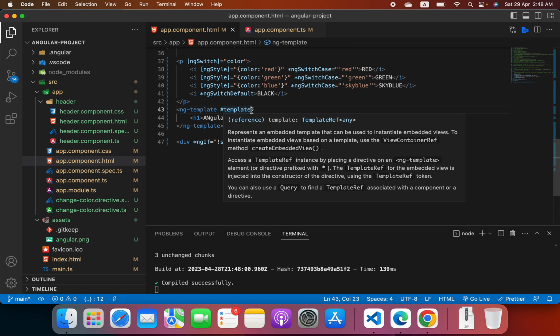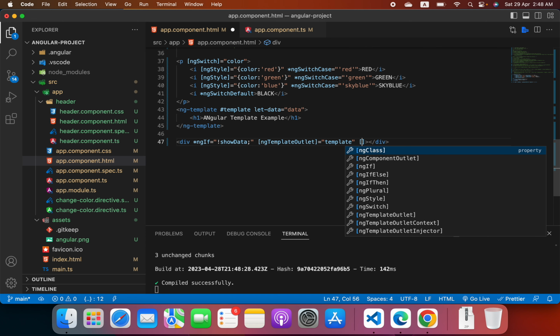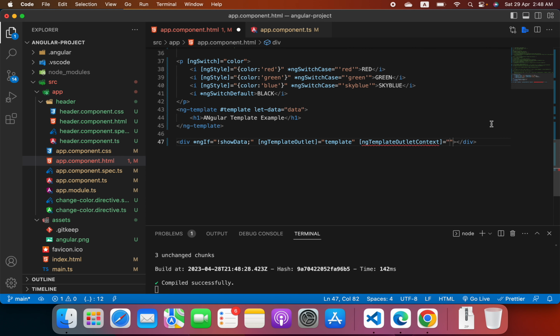Now we can also create the reference variables, or the variables inside our ng-template, and can also set the data of those variables using the div tag or any other tag. Here we will say let-data equal to data, and inside here we will have to use another property binding syntax like ngTemplateOutletContext, which gives us the data about that variable. Now inside here we will use the object syntax, and inside here we will use the property that we have defined here,